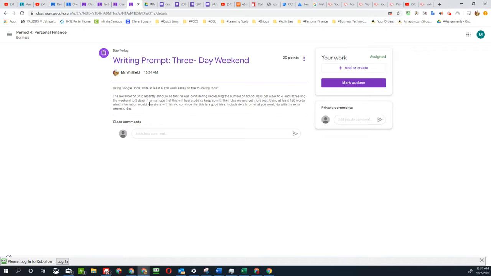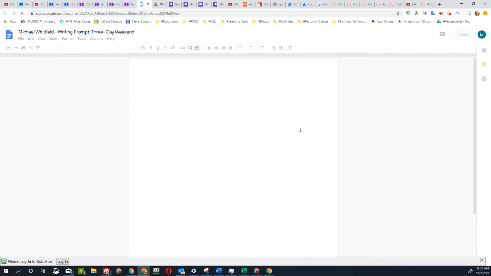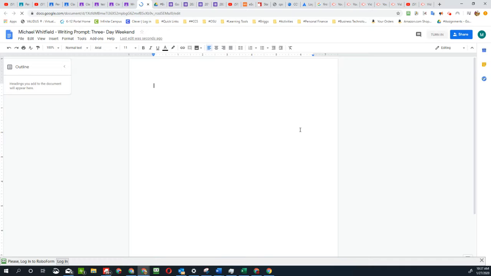And then it gives you instructions here, but also you're going to want to click over here to add or create. And what you're going to create in this case is going to be a Google Doc so that you can type. So while it's creating the Google Doc, this is a writing prompt where it involves the governor of Ohio proposing that he will potentially move school down to just 4 days a week and increase the weekend to 3 days a week. What I want is in 120 words, at least 120 words, you to describe what you